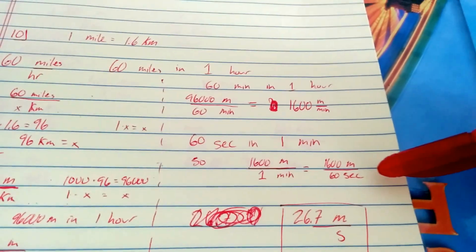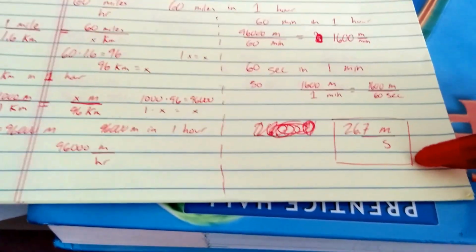I perform that division, and I get down to 26.7